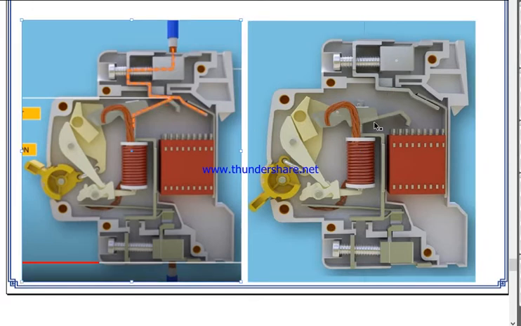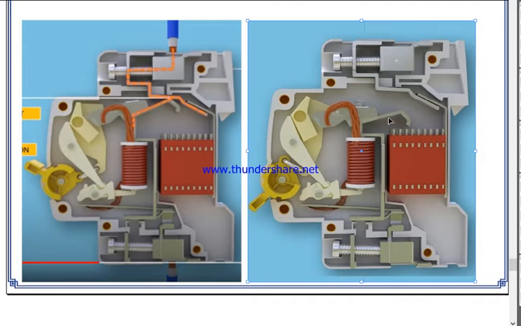See, you can see this part was touching here, but since the change of the structure of latch, this part has moved downward, and when it moved down, the connection between these two is broken. Okay, and that way the circuit is broken. And when you move the switch back upward, when you pull the lever upward, then